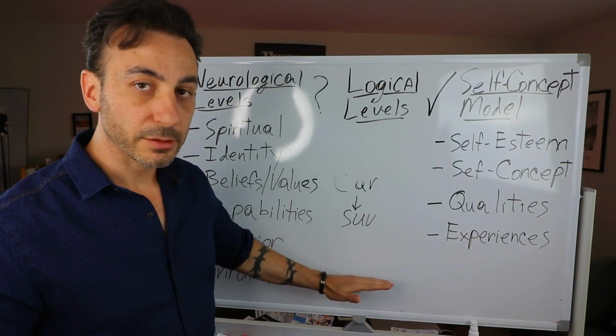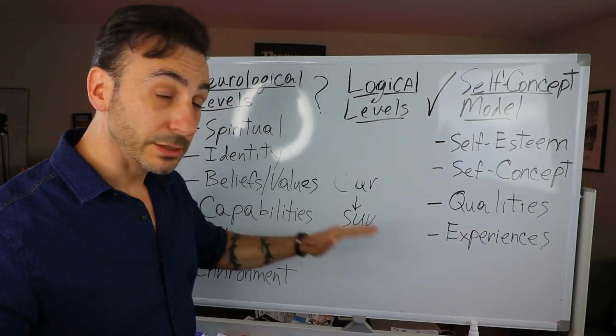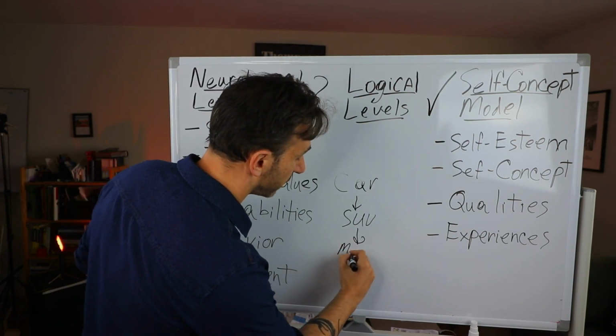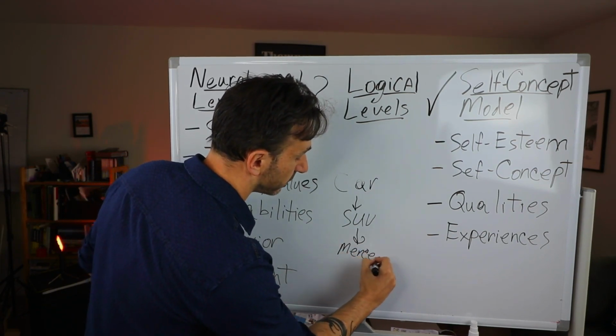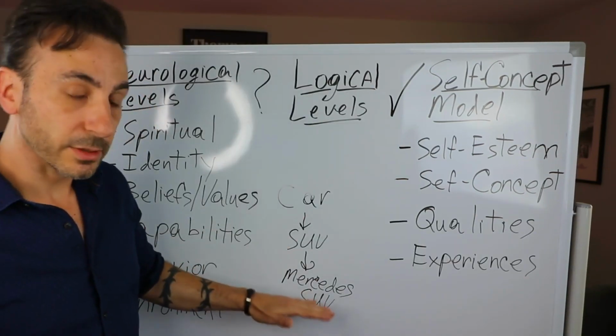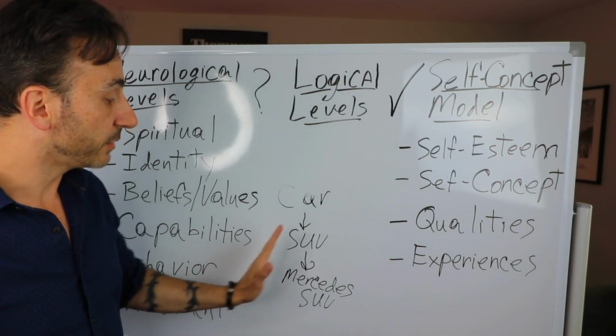What if I want to go down another logical level? How would I do that? Well, I need to get more specific. So I would say, let's say Mercedes SUV, okay? So each time I go down the logical levels, I'm getting more specific and I'm cutting out more